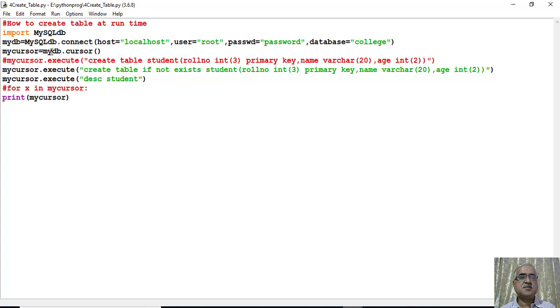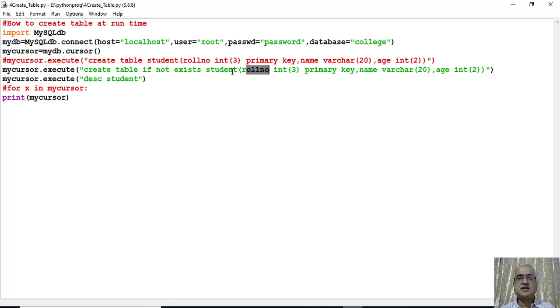Now, this particular application will connect to the database called college, and mydb is the connect object, and by using that connect object mycursor is created in the database called college, and by using that particular MySQL statement, create table if not exists student, we are creating a student table with three columns: roll number, which is of type integer and is also the primary key, and another column name, and another column age, which is of type integer.